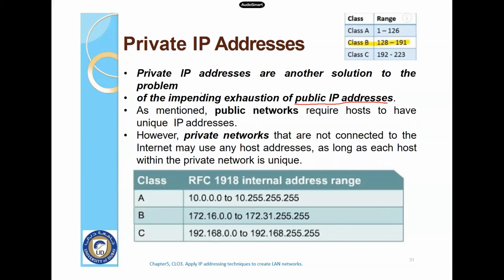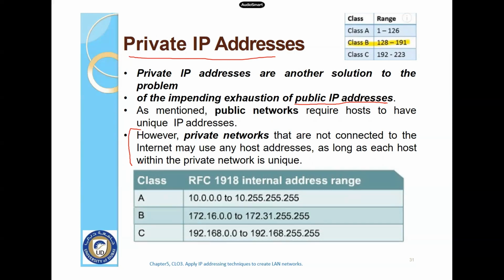So the solution for this one was to come up with something called private IP addresses. As mentioned, public networks require hosts to have a unique IP address. Now, sometimes when you have a private network, let's assume the University of Dubai is a private network, they can have whatever addresses they want, but they will not conflict with other public IP addresses in the network. And that is a solution that has been found for